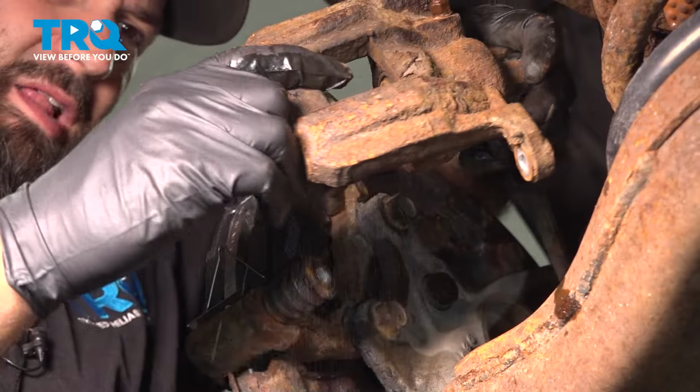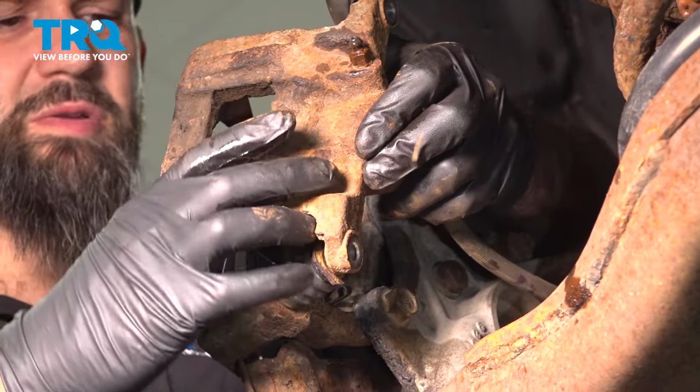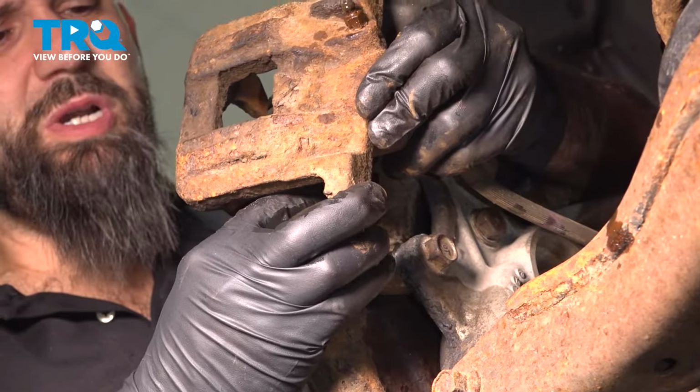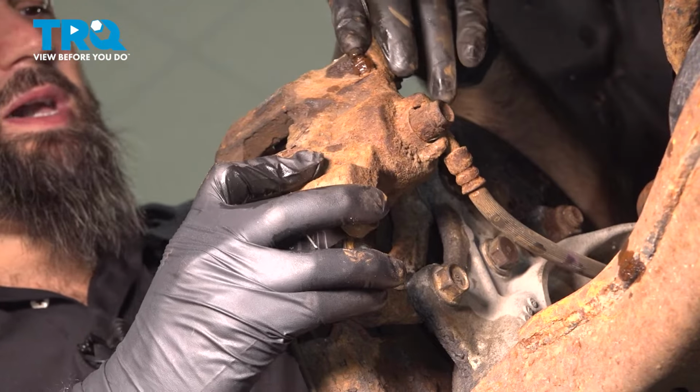All right, now we can take our caliper and put it back into position over our new pads. What we're going to do is squeeze our pads together, push our caliper onto our pin, over our pads,